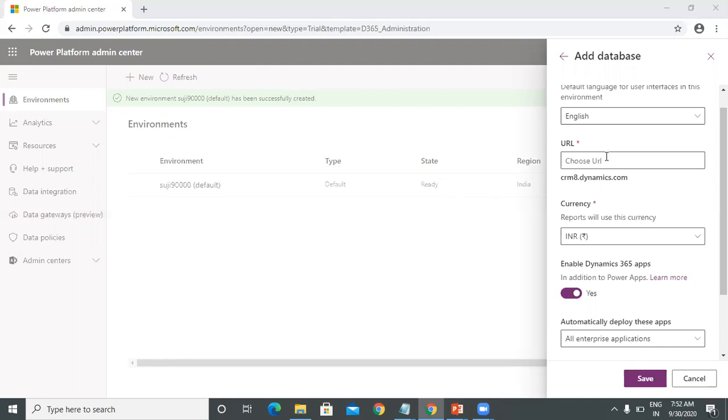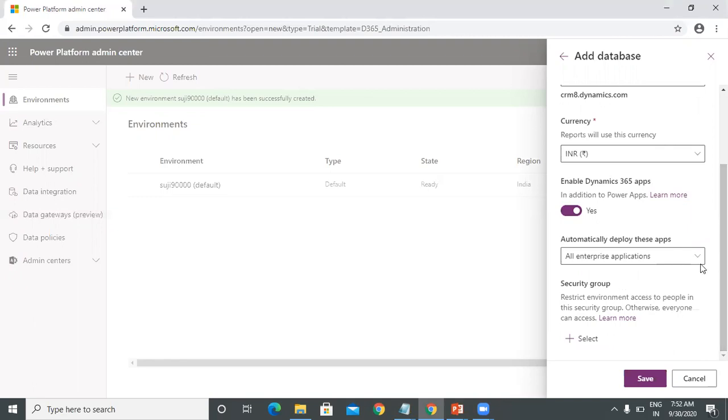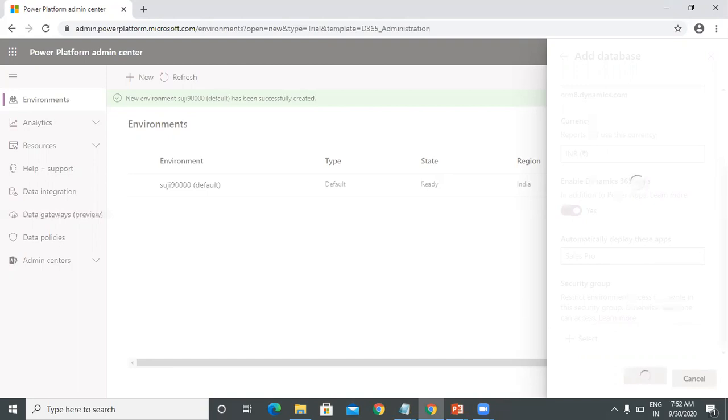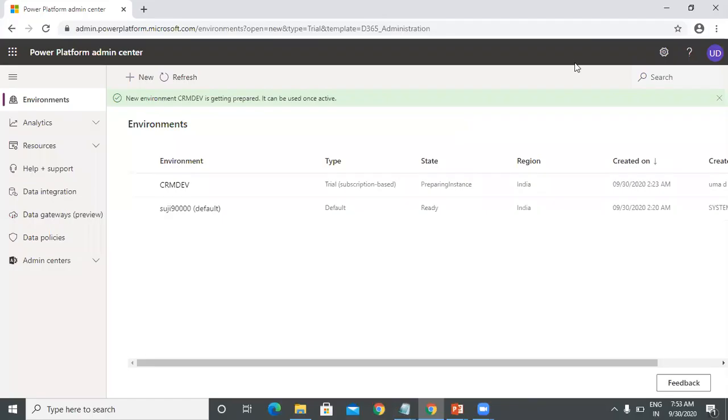Once this environment is ready, you can select the apps you want for Dynamics 365. For sales, we can have Sales Pro, and click on save. After you click on save, you can see that the environment is in a preparing state.